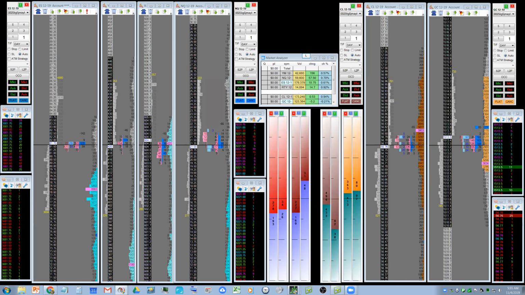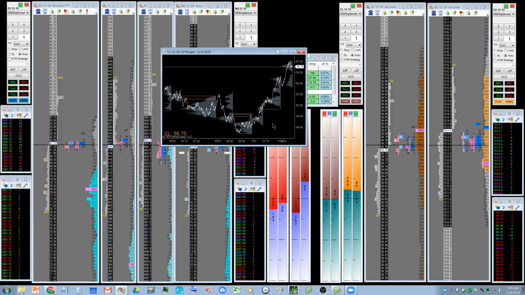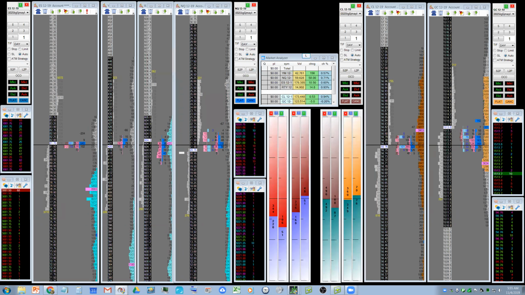I don't spend a lot of energy on the range context for oil because it doesn't respect ranges. The opening 5 and the first hour high and low can be inflection points, but oil tends to just get a mind of its own, as you can see. That's why it's such a great trading vehicle, but it's also really a hard one. This is not for rookies. It just moves too fast, among other reasons.